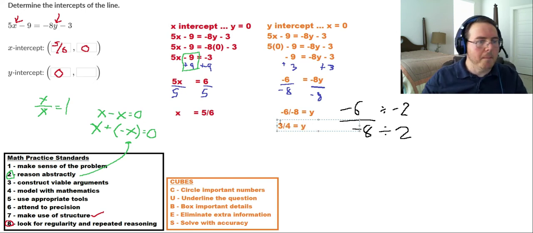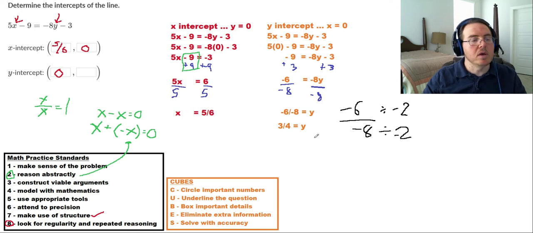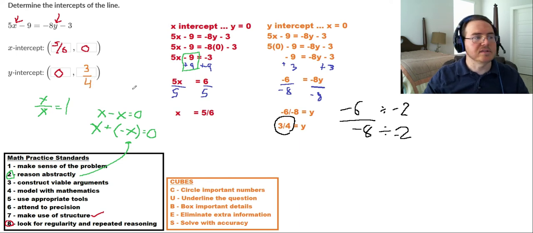So let me back up a second. Okay, so that should have been a negative 2 down there. So this, friends, is what y would be when x is equal to 0. And I know you love for answers to be positive whole numbers. Well, not today, which is fine. It's totally fine. So our answer is going to be 3/4. Sometimes they will be whole numbers, just not this time.